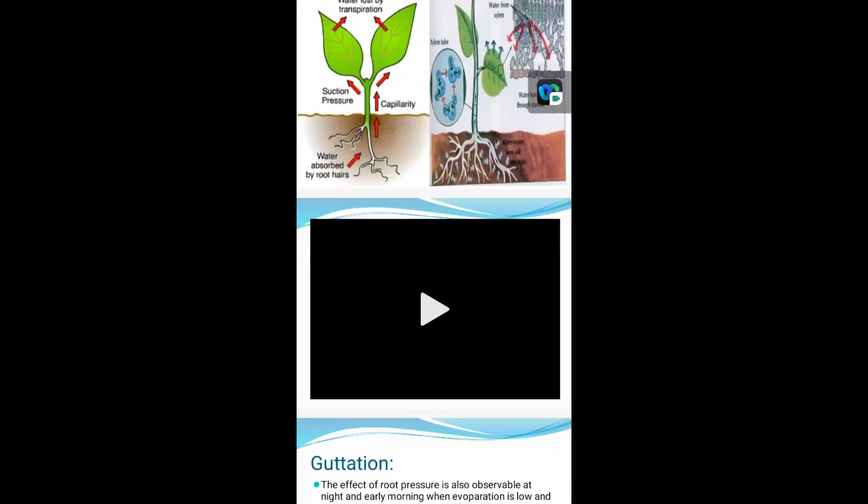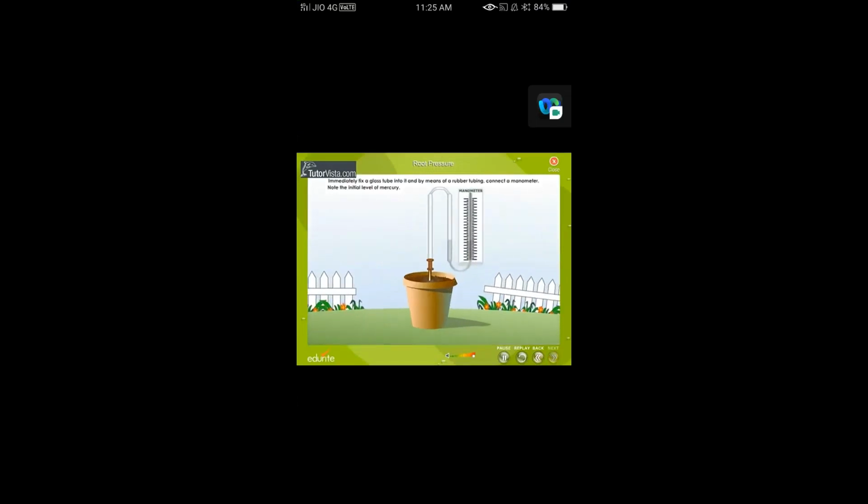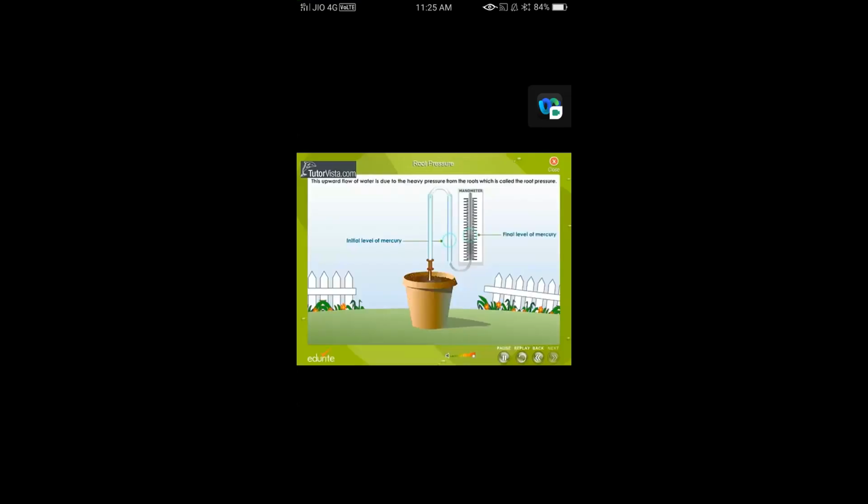We can see an experiment showing the root pressure. Select a well-watered plant, cut the plant a few centimeters above the soil, and fix the glass tube into it. And you can see the mercury levels. There's the initial level of the mercury. Because of the root pressure, the water starts moving upwards in the glass tube, and finally there's a rise in the level of mercury. You can see there's a rise in the level of mercury. This rise in the level of mercury occurred due to the